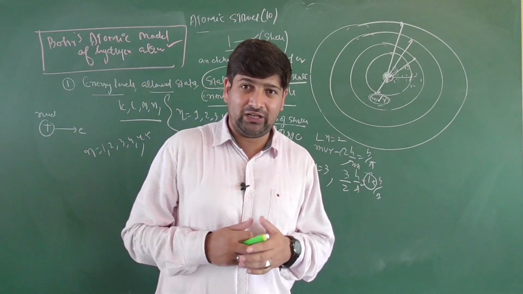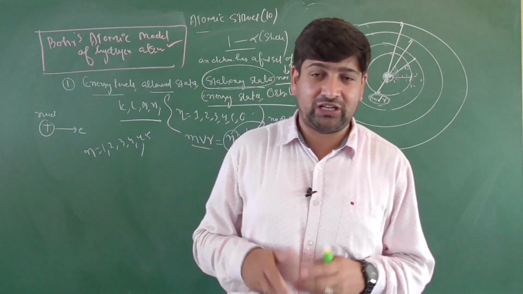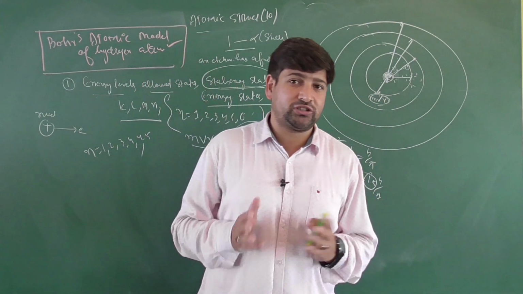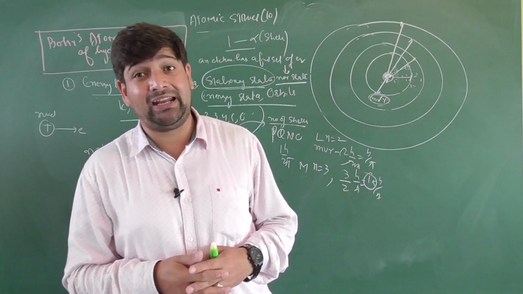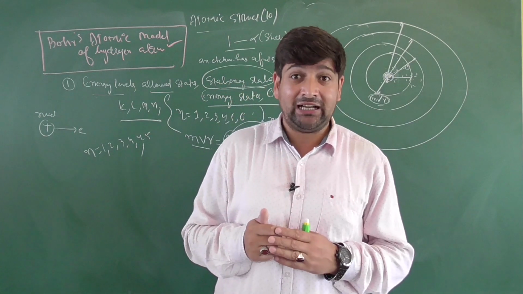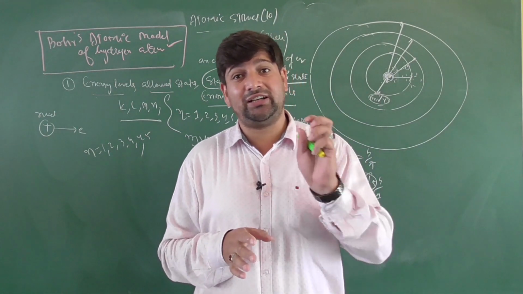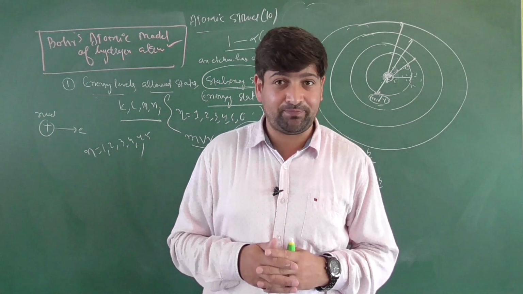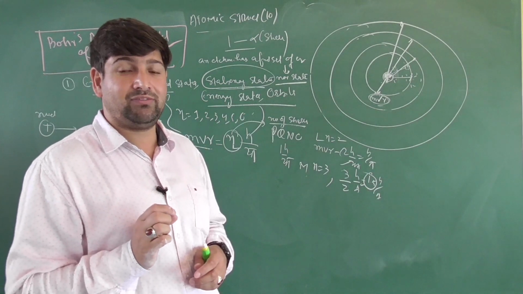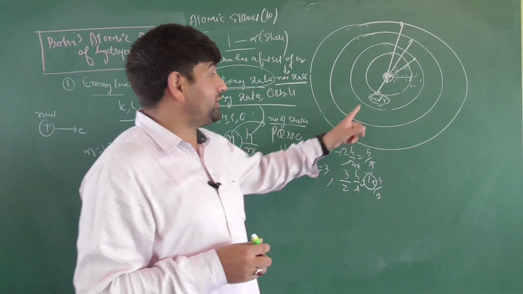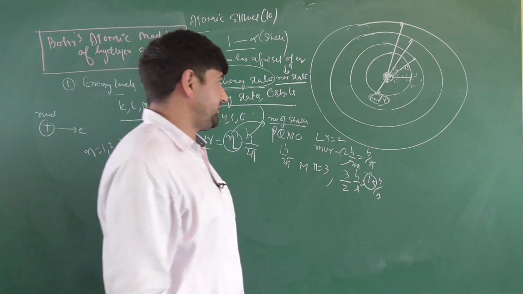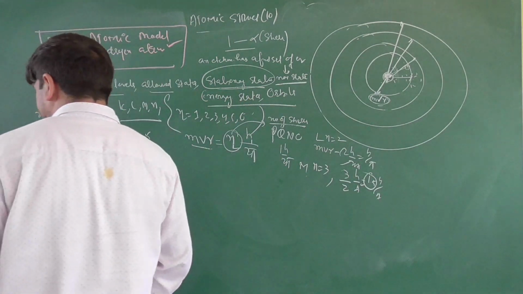So what are the statements? Electrons are rotating around orbits, which are called stationary states, allowed states, energy levels, and so on. Electrostatic force is balanced by centrifugal force in an atom when the electron is moving around the nucleus. Third, an atom neither loses nor gains energy in that particular shell, which we call energy states. Fourth statement, I am just giving the explanation: only those shells are possible where the angular momentum of the electron is an integral multiple of h by 2 pi. Clear? Excellent. Now let us go further into the details of this.